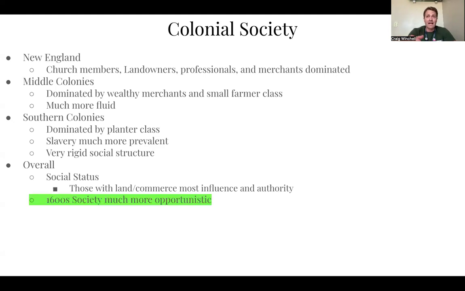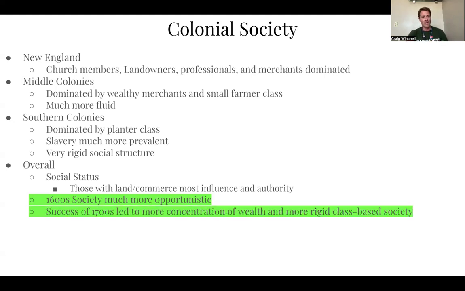It's also important to note that as time develops, our class lines in the colonies get a little bit more rigid. At the beginning, when things are kind of a free-for-all, there's much more opportunity for somebody to start fresh and work their way up. But by the 1700s into the 1750s and 60s, we see more concentration of wealth and therefore more rigid class-based